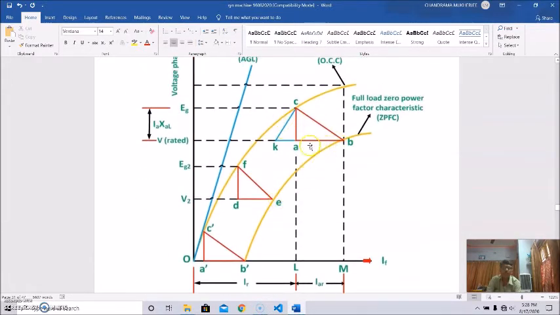See here, this is the point B on ZPF. You know, ZPF means zero power factor